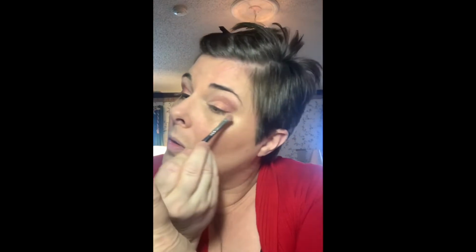And I'm just going to put that on my lid, and the center of my lid is kind of a nice little orange pop. These warm colors work well together with my red sweater. Now I'm going to go in with Pink Glow, and then what happens is my husband, who was taking a